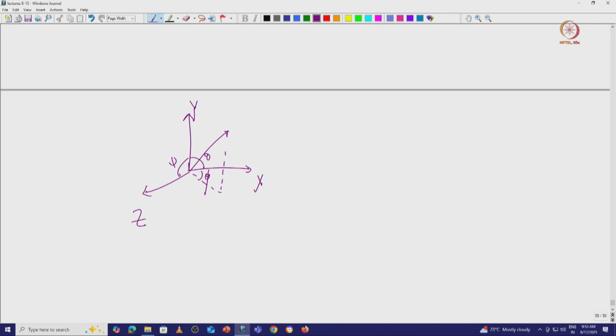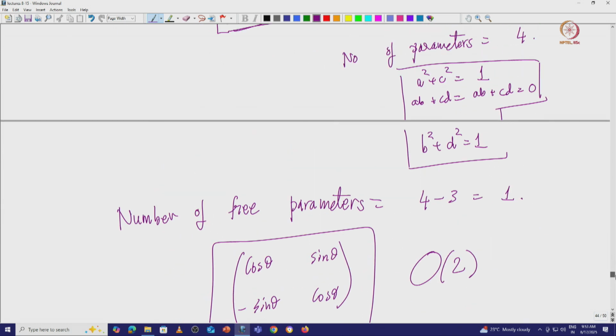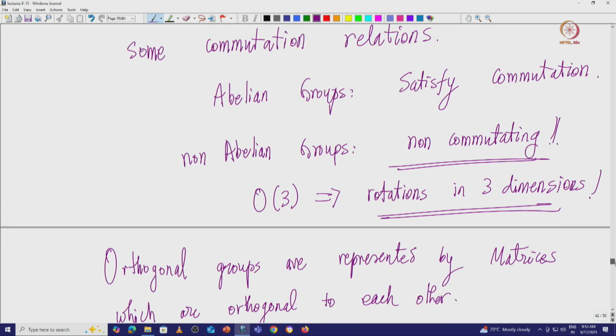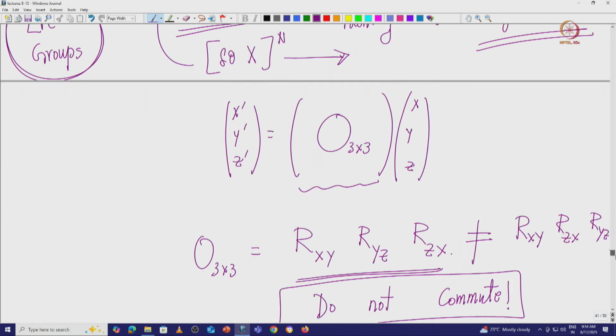These are your 3 Euler angles of classical mechanics, or you have rotations in theta, you have rotations in psi, and you have rotations in phi. So this is the same thing which I introduced last time as Rxy, Ryz and Rzx essentially. Okay, these are your 3 angles in the xy plane, yz plane and zx plane. Now then I also introduce, okay, so these are your 3 angles essentially.